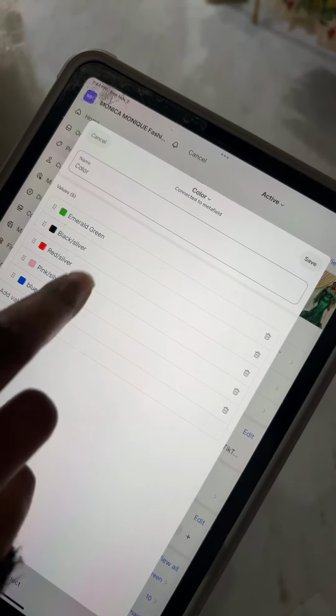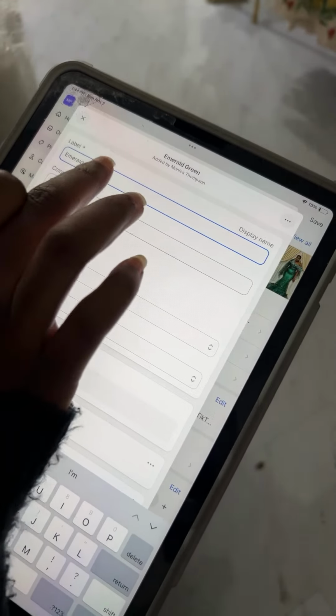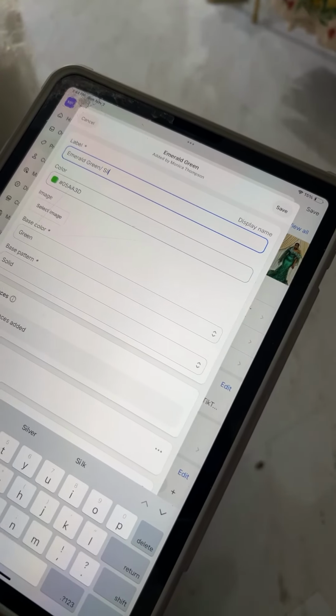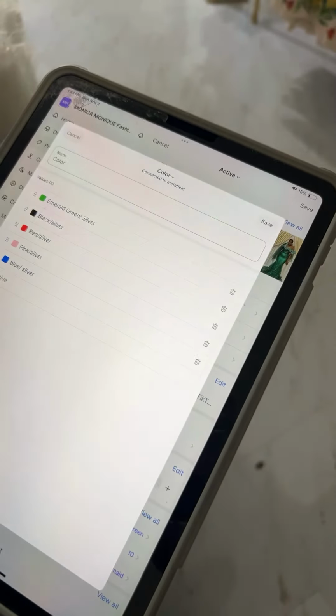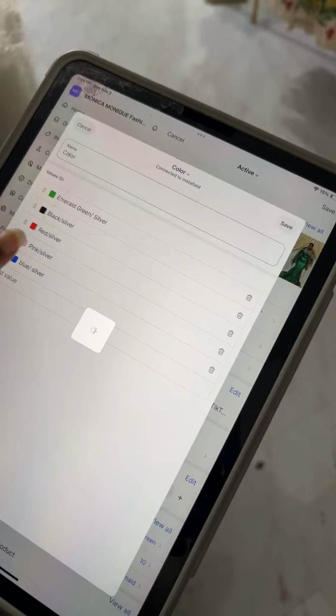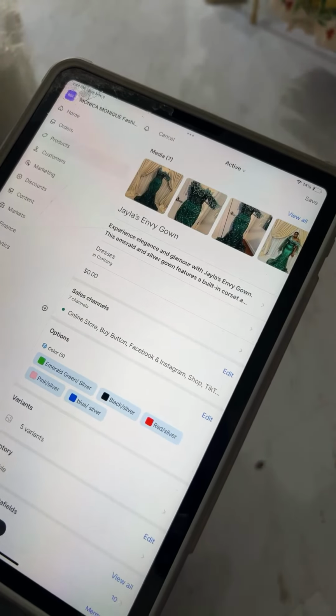All right, so I'm going to change emerald green to emerald green and silver. And we're going to save that. So we're just adding our colorways. We're going to save those. And then we're going to go back and we're going to